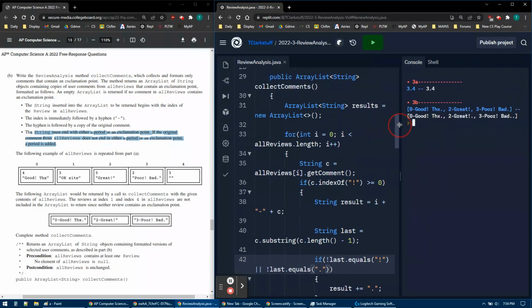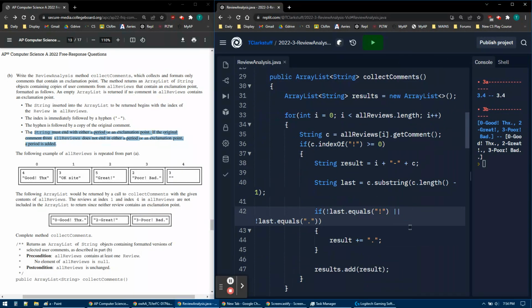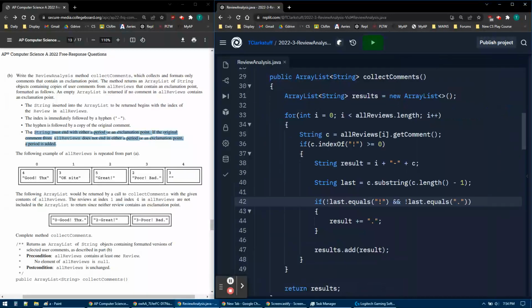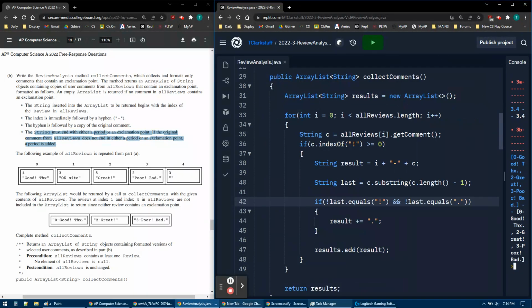And then did it work out? Yeah, I got that period added. Oh, it added right there as well. Maybe it has to be an and. Oh, I failed. So it has to be both of them. There we go. So if you want to do it, it can't equal exclamation mark, and it can't equal